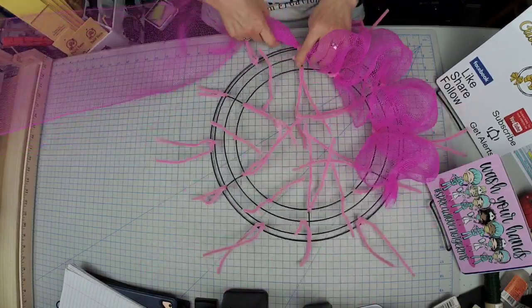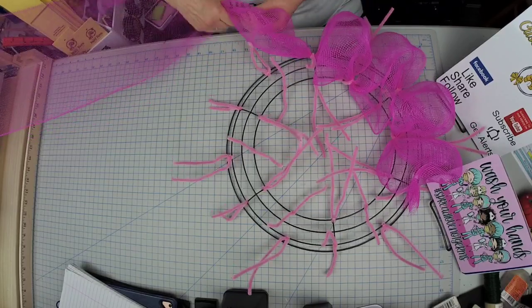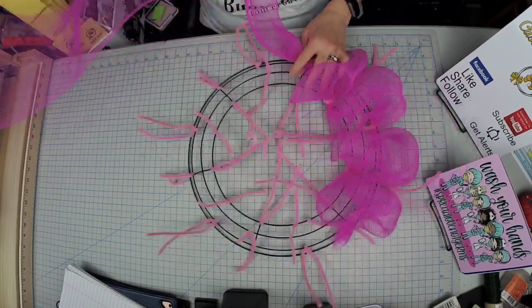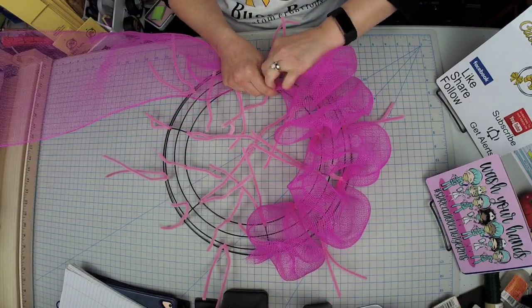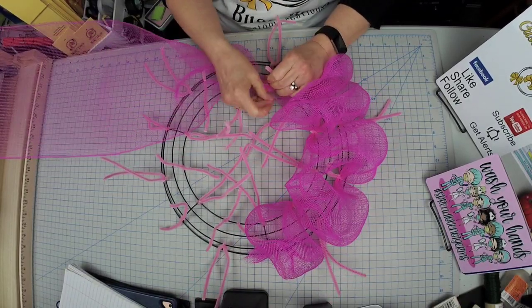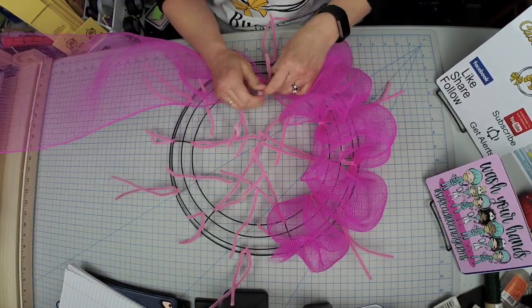Okay, so it's a great way right now in this economy, with a lot of people not working or not having a lot of supplies, can't get a lot of supplies. So this is a great way to use your mesh, but have leftover so that you can,